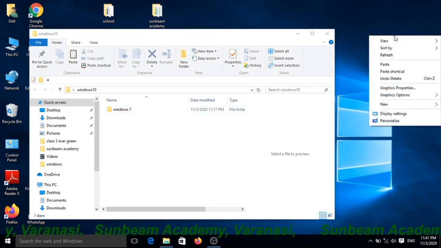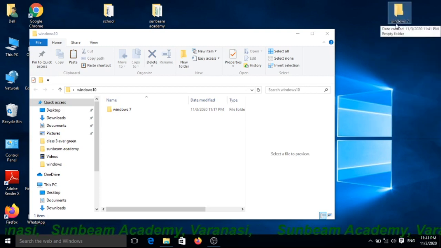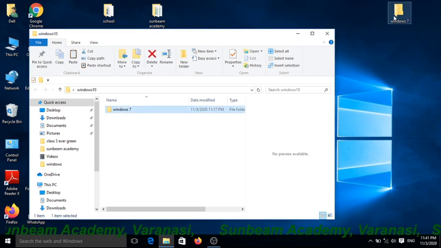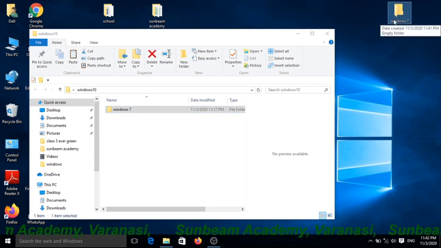Right click of the mouse button and choose the paste option. Now you can see here it is a copy of this folder. It is Windows 7, it is also Windows 7, which means it is a copy of this folder.